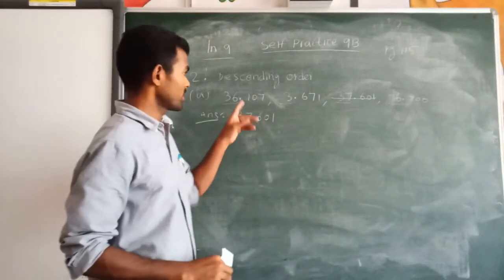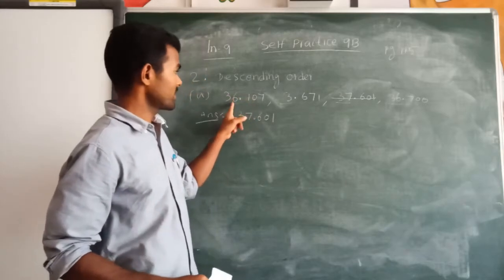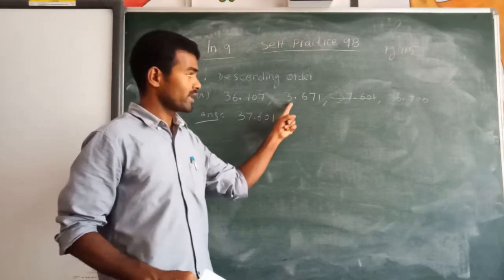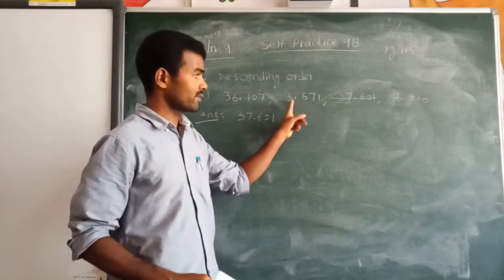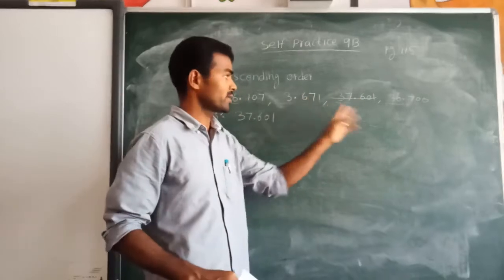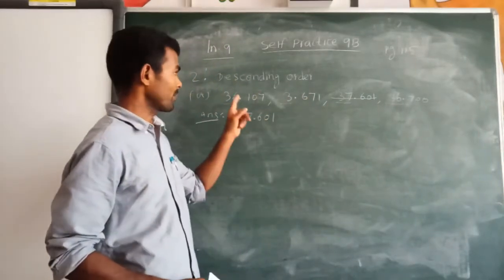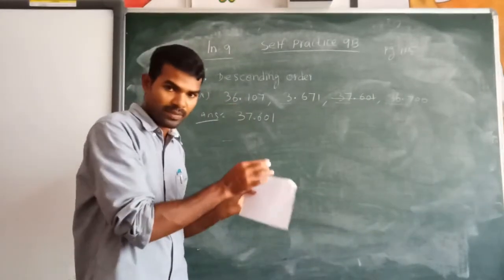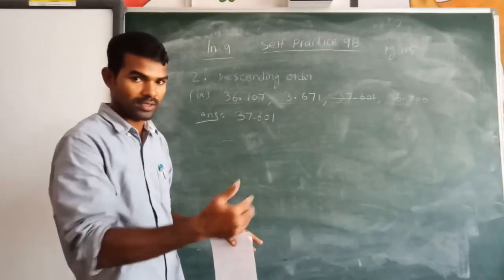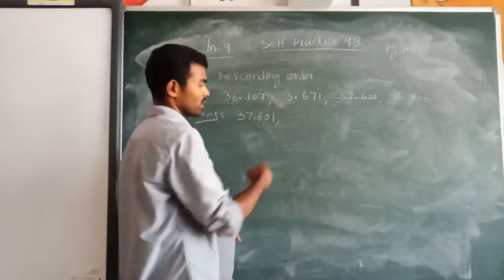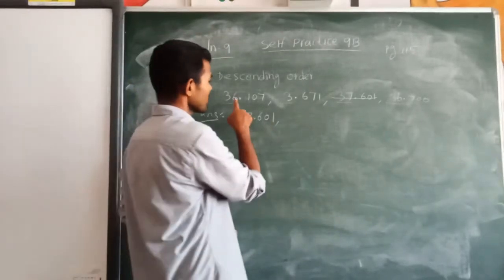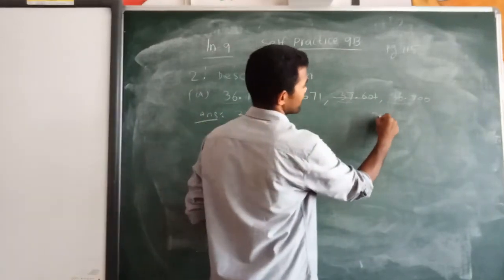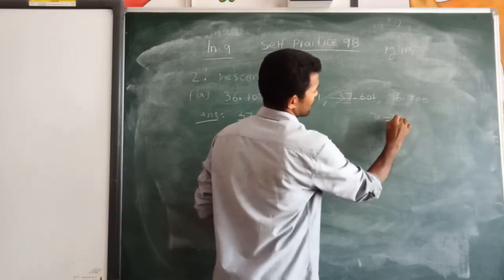Next we have another 3 numbers. In that, here is 36, here also 36, so both are equal. This is 3, and this is the last number you write. Now compare these two numbers, which number will come here? Next greatest number, next smaller, step by step. You are decreasing now. Next smaller number is 36, 36, both are equal.